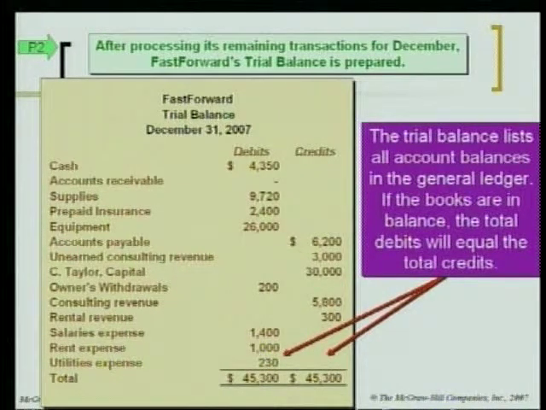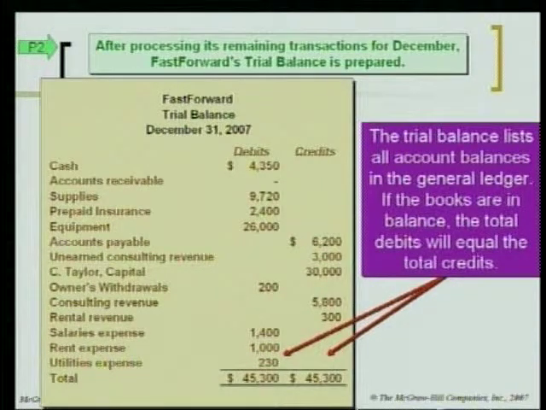Okay, a trial balance is not the same thing as a balance sheet, and it is not a financial statement that is released to the public. What it is, is a list of all the accounts, no matter what financial statement they are on, and what their final balance is as of that date. For instance, cash at the very bottom of the T account has a final balance of $4,350, and it's a debit balance. Thus, we put 4350 in the debit column on the trial balance.